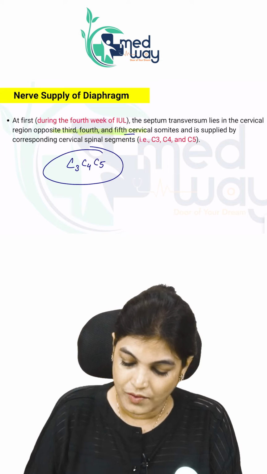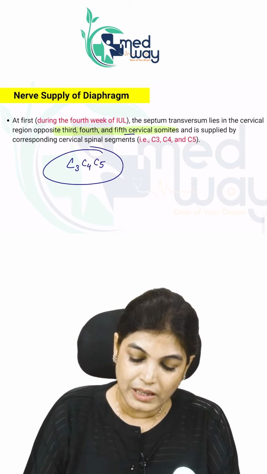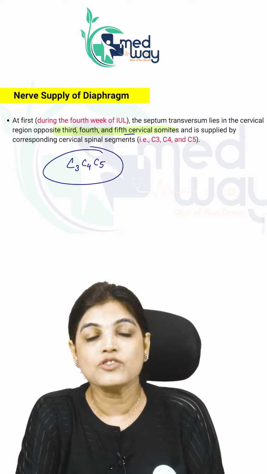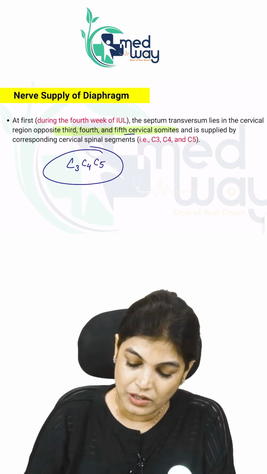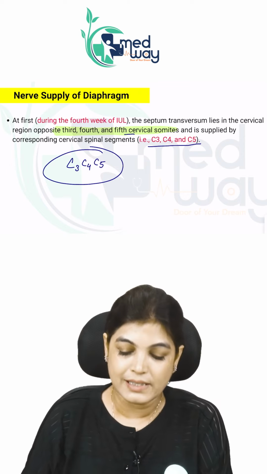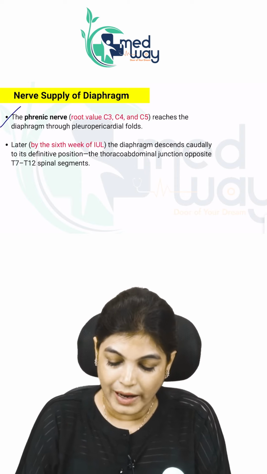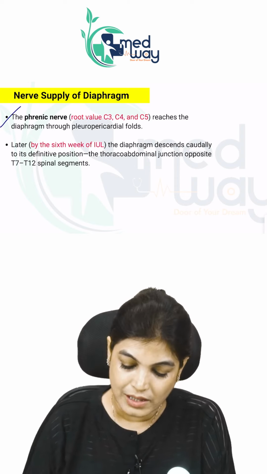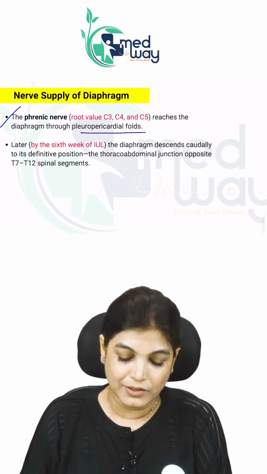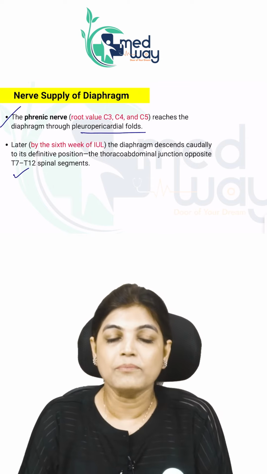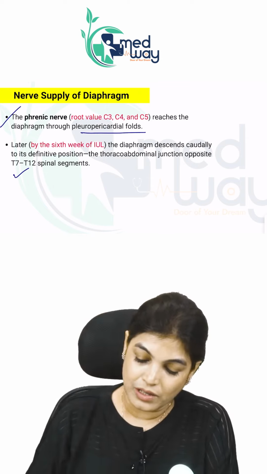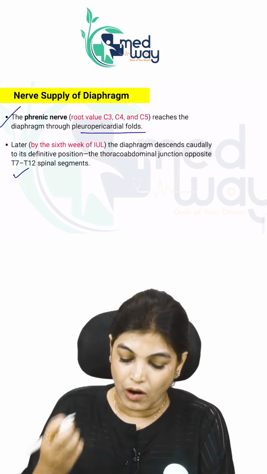So, opposite which cervical somites is it developing? The 3rd, 4th and 5th cervical somites. That is the reason the innervation corresponds to C3, C4 and C5. Now, the phrenic nerve root value is C3, C4 and C5, and it reaches the diaphragm through which fold? The pleuroperitoneal fold. Later, by the 6th week of intrauterine life, the diaphragm descends more caudally, and now